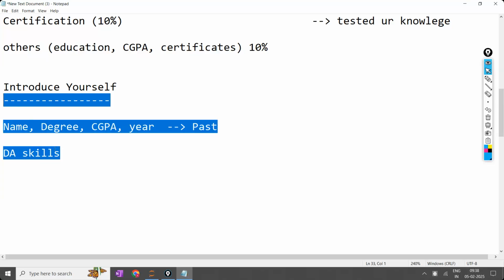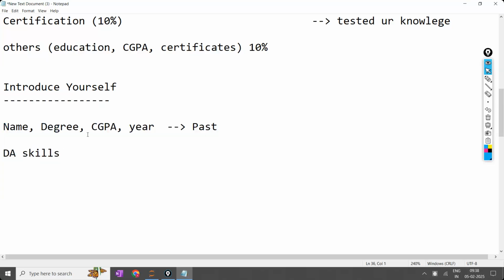Now, when you are introducing yourself, don't forget how many sentences you are going to speak. In that, only 1 or 2 sentences should be about your past, other than data analyst. In the remaining sentences, every sentence should be related to data science or data analyst only, not irrelevant. Your hobbies, keep with you. No need to explain. I want it with respect to data analyst, because I'm not going to give the job based on your hobbies, your CGPA or your degree.